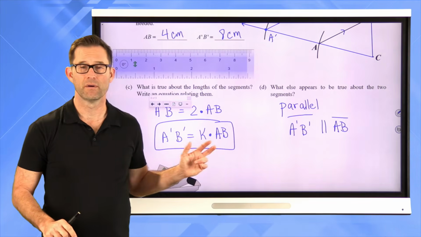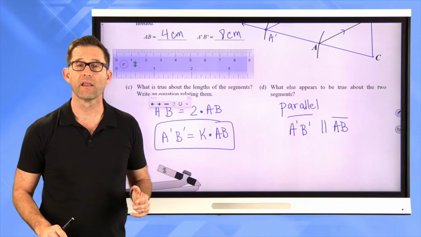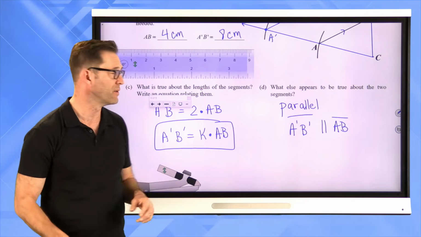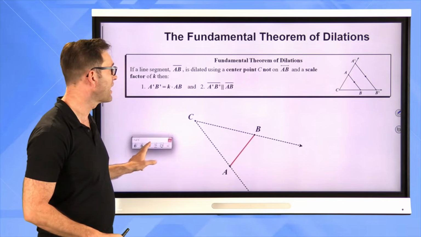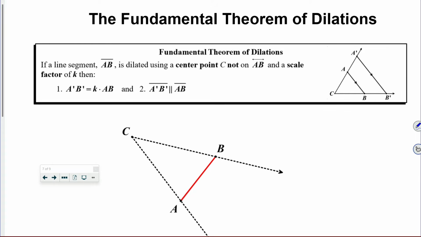These two properties of dilating a line segment are absolutely critical. So let's take a look at them. The fundamental theorem of dilations. Anytime you have anything called the fundamental theorem of blank, it's important. If a line segment AB is dilated using a center point C not on line AB and a scale factor of k, then A prime B prime will be k times AB,